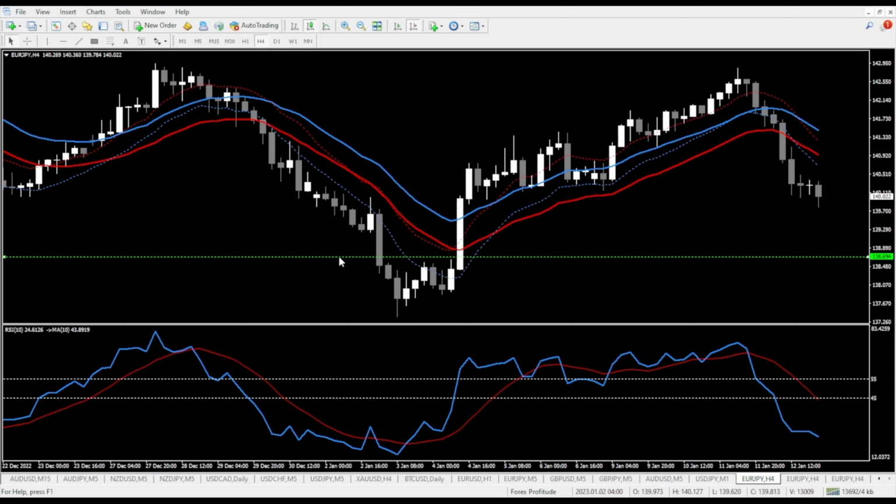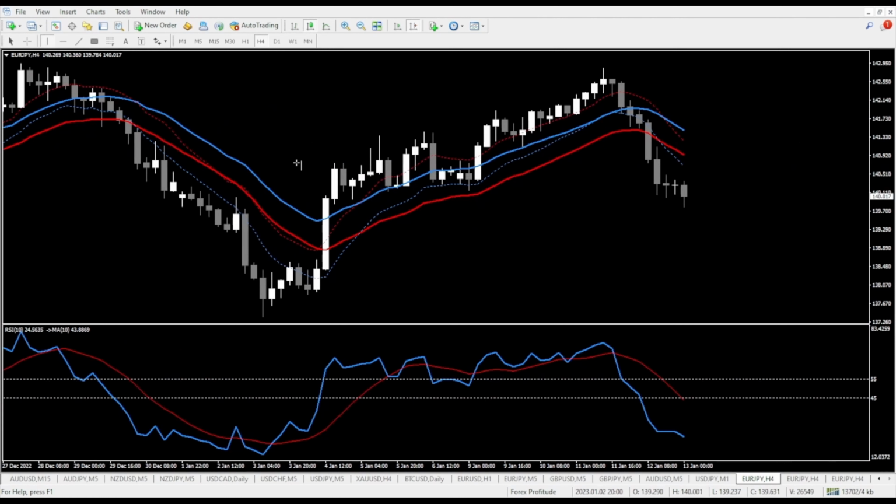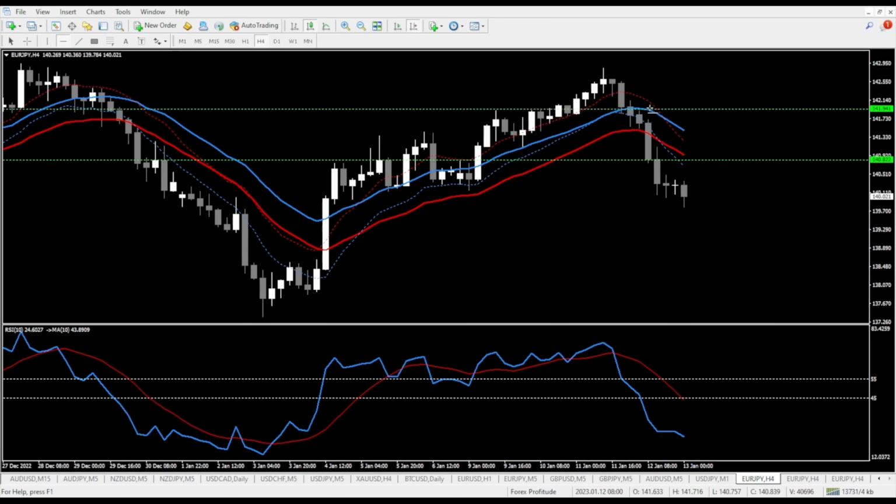Now, if we take a look at the stop loss placement for the sell trades, again, we've got two of them here, so we'll look at both of them. Take a look at this current one. So this is the sell trade. This is the current sell trade. Now we have the close of that candle below the 20 EMA. So our stop loss now is going to go above the high, above this blue 20 EMA. So our entry is at this level right here, and our stop loss goes just above the 20 EMA of